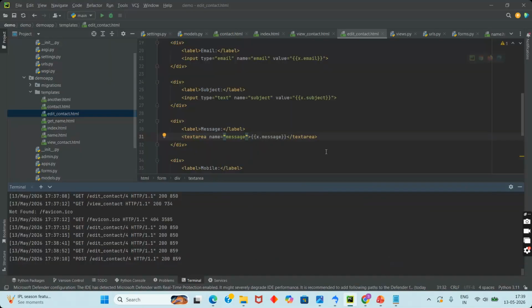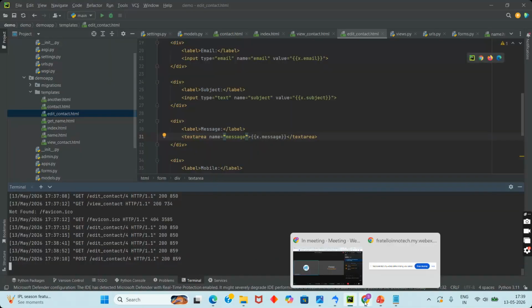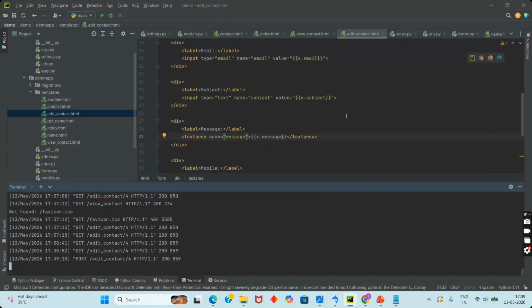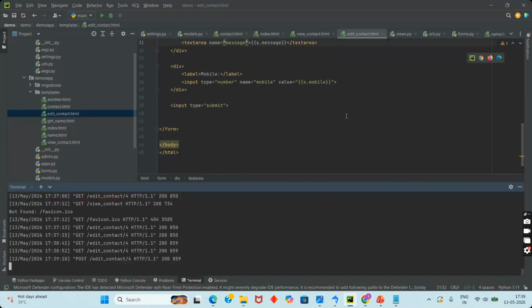So the logic is nothing but, so Chetan, are you there? Have you understood the way of explanation? Okay, please note each and every particular point. Okay,